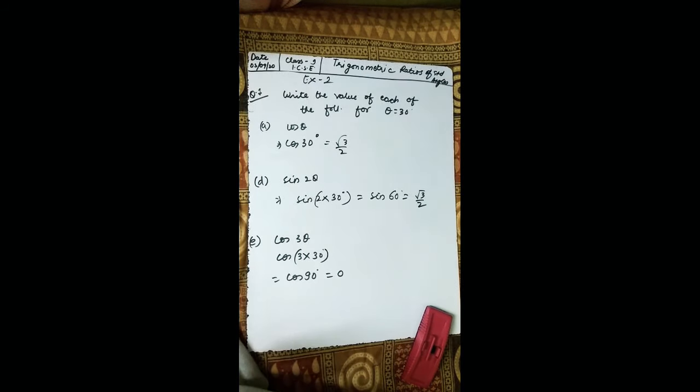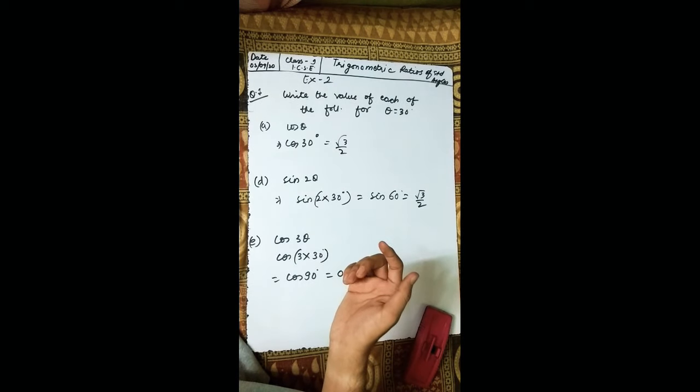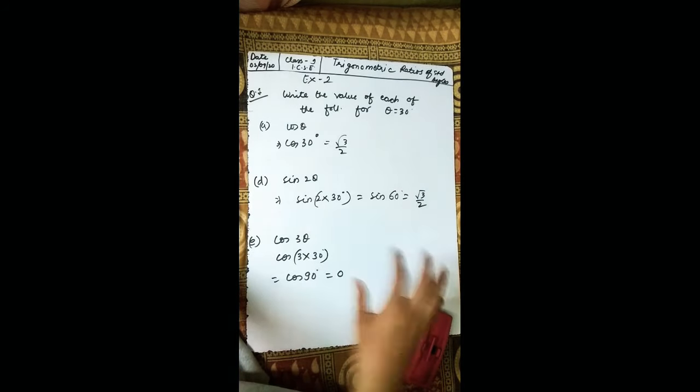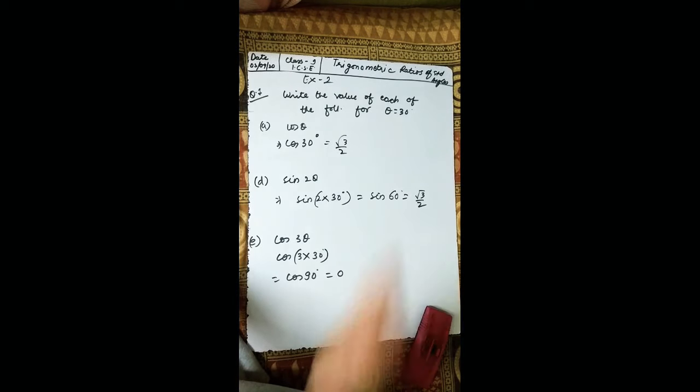Now you know you have to remember all the values. You can remember for sine and cos 10 only, then all those 15 values, because it should be like an instant answer from your side. You know, students find difficulty, they again and again make the chart, and from there they see the values. So it is better that you learn all the values by heart. That would be very good for you.